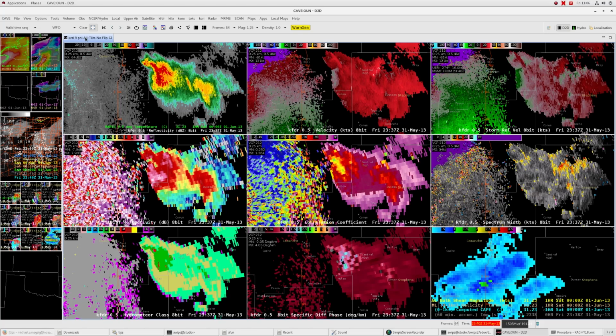The tab didn't change because the name of the tab is what you see in the procedures window, and that didn't change when we altered it. So let's go ahead and change the name to be something that represents the radar that we just switched it to. Alright, so now we have multiple radars